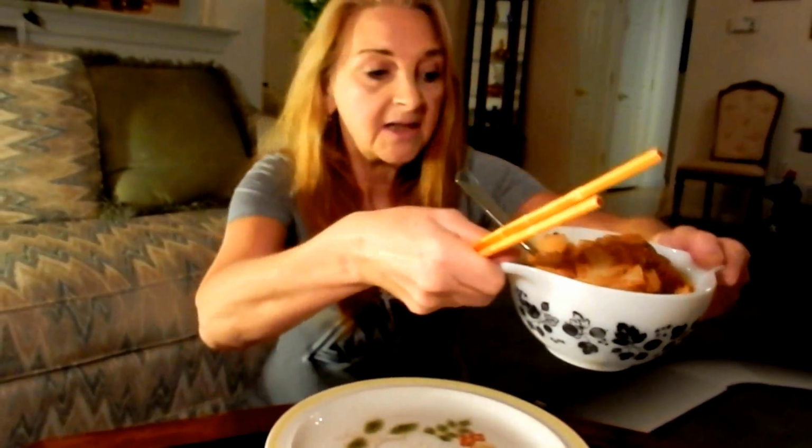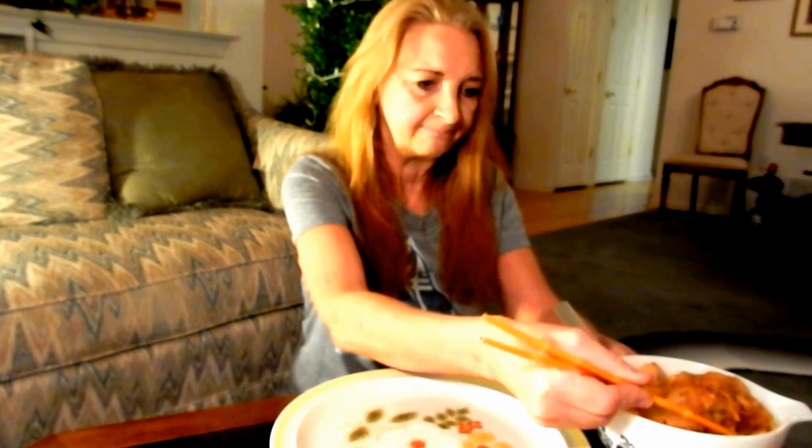Look what I have here. I was going to have pizza, but I'll tell you what happened. See this? Ooh, it's cabbage, barbecue sauce, Catalina beans, and potatoes. So I was going to have pizza. I was going to make pizza, but